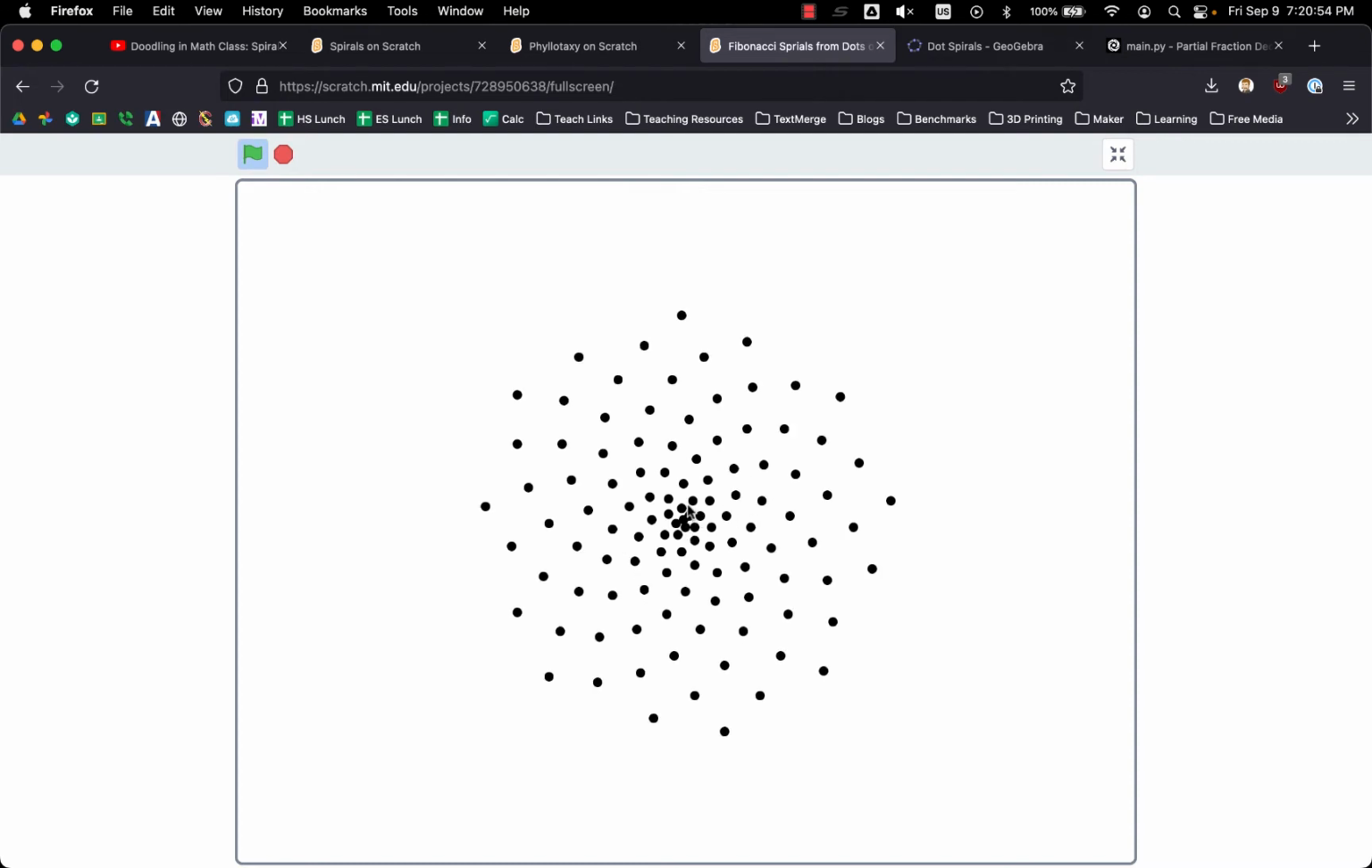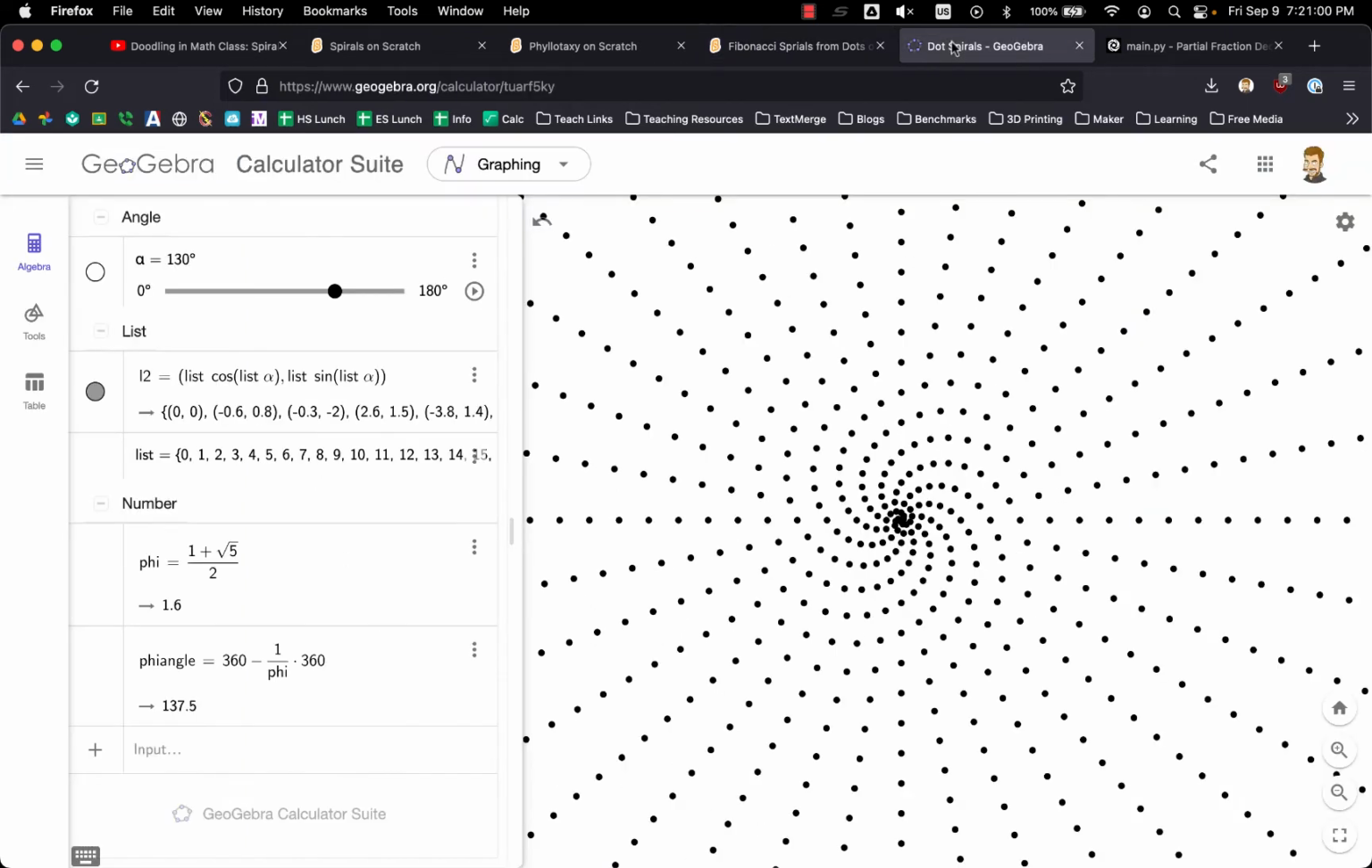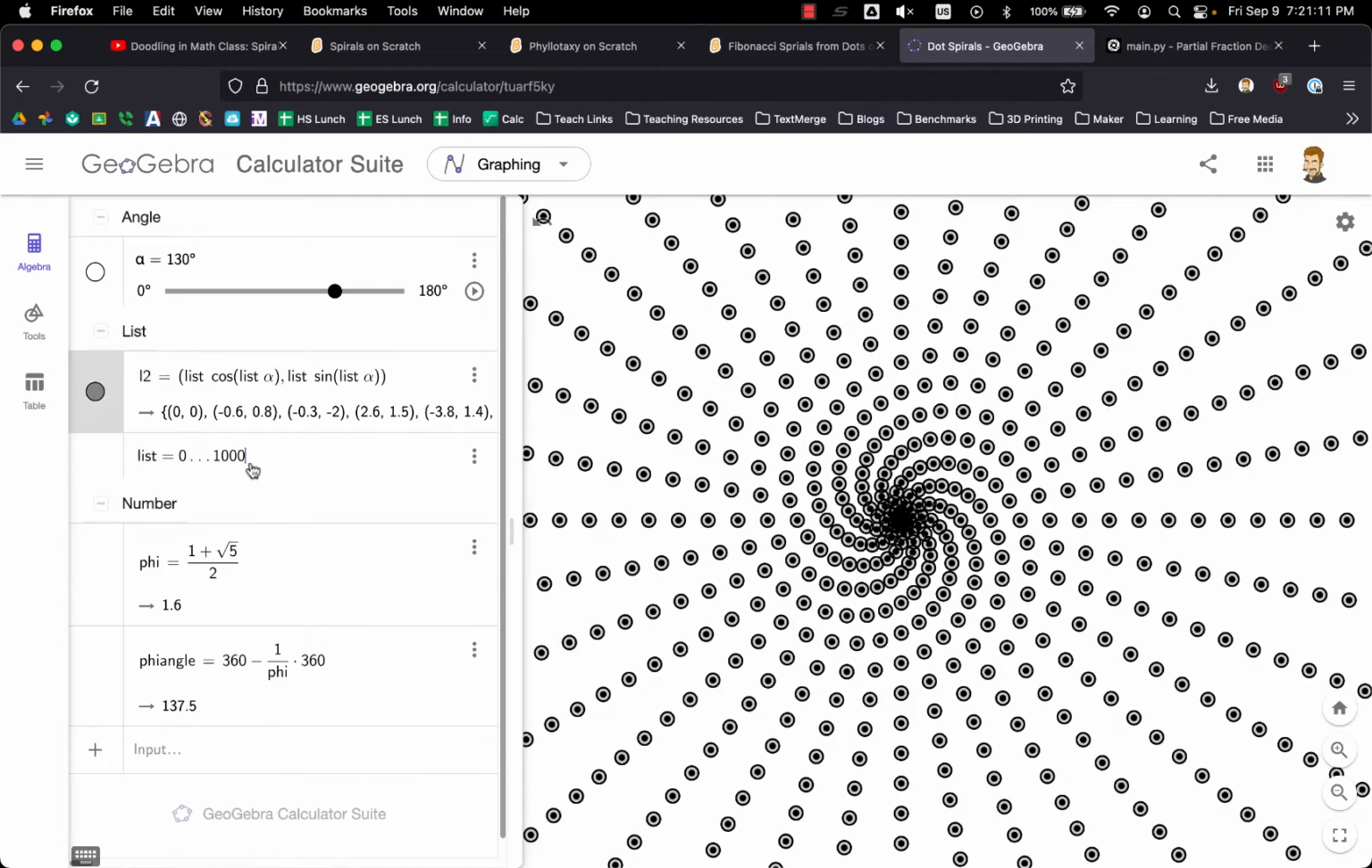I want to zoom in and zoom out, and then I'm like, okay, Scratch, I think I'm done using you. I'm going to go ahead and use GeoGebra. I know GeoGebra pretty well, but I taught myself some more. Essentially, I first started by doing a list. You can do this command: list is equal to 0, ... and then whatever number for the end of your list, and then cool, you got a list